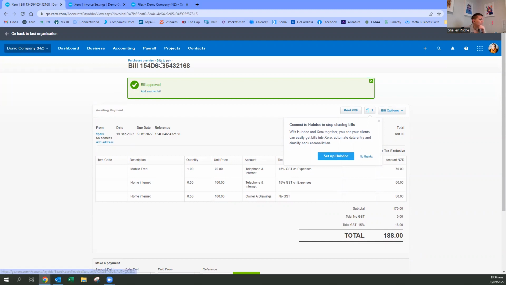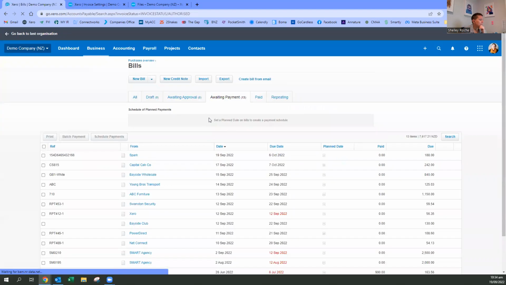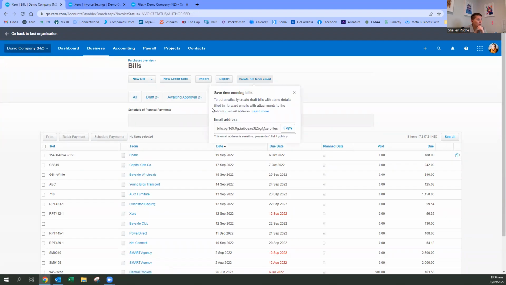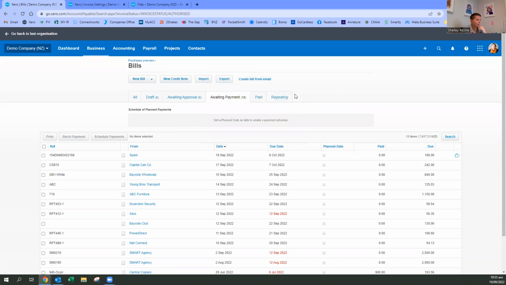Another option you've got is the ability to email in a copy and create a bill from a copy. So I'll just copy that, this is a unique email address for everyone. I'll forward that invoice for Fred back in. But same deal, delete out all the content on the email and just forward the PDF bill. So I'll forward that in. This will come through as a draft bill